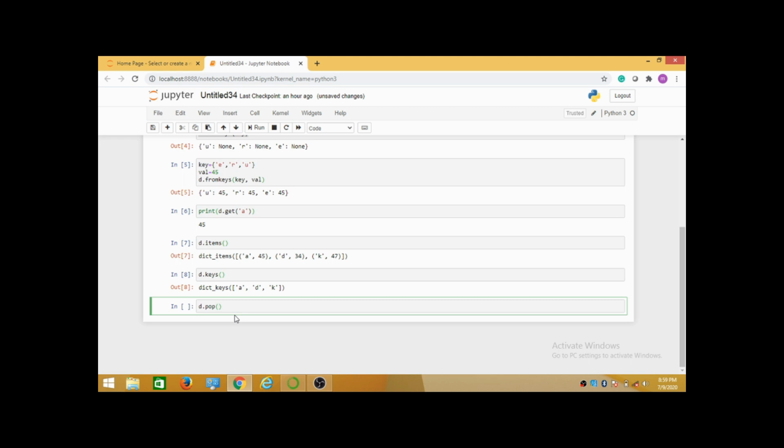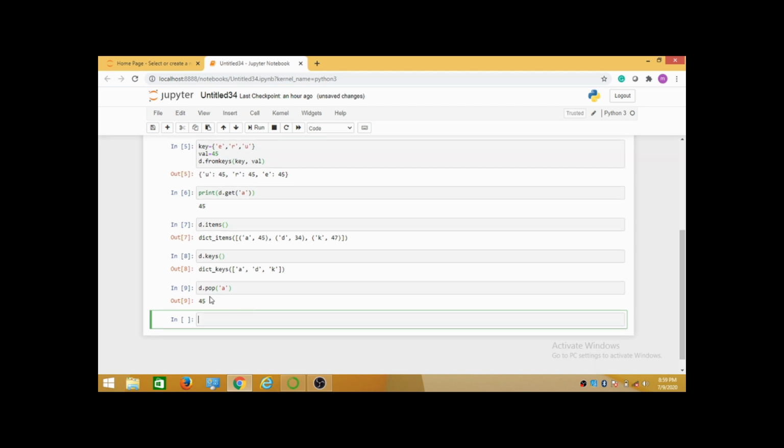So here I want to delete a key, and whatever value a has, I want to delete that particular value. That's why here I am giving the key, which is a. Here you can see a is deleted. That means whatever value the a key was holding is deleted here.